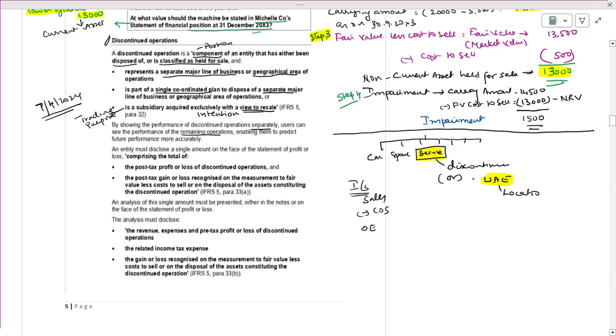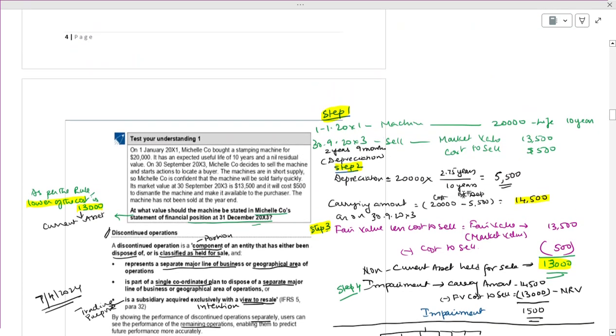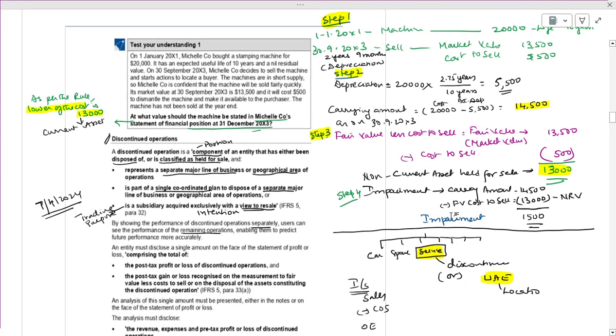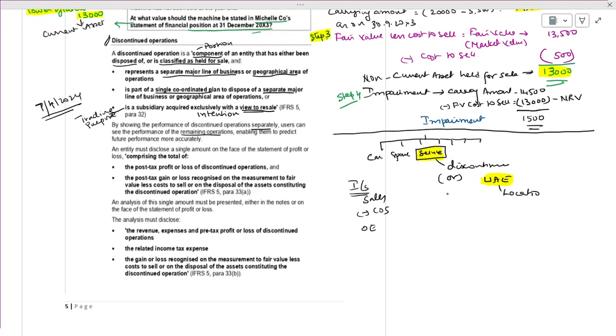In the previous case, again I am saying this is the difference. In the previous case, non-current assets held for sale, when you decide to sell, we have to show it in current assets. Our intention is that, as the rule says, it has to be sold in the next 12 months. Here, if we decide to discontinue, the rule says that it has to be shown separately in the profit and loss account.